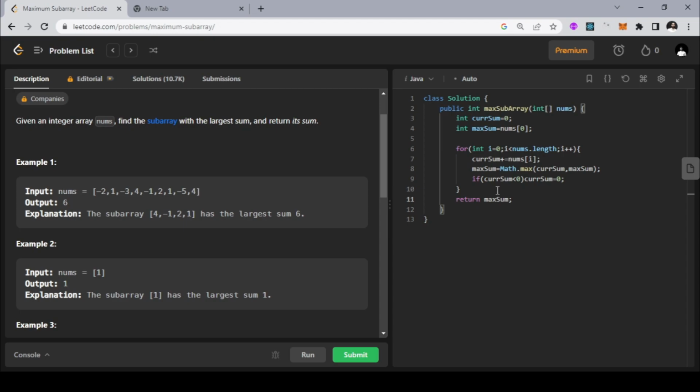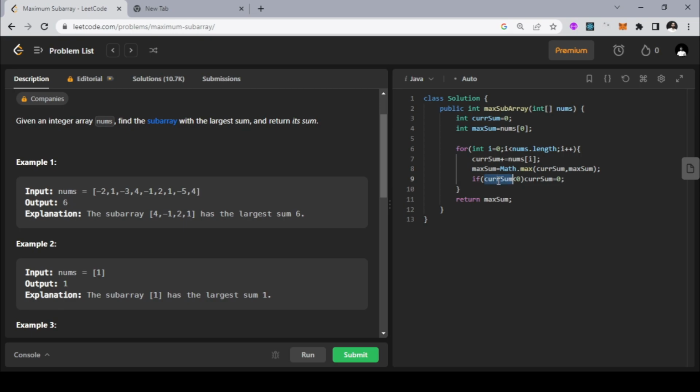Okay, so this is the thing. I just want to repeat once again about Kadane's algorithm. Kadane's algorithm says that we just need to travel through the array, and we need to have a variable, whatever you want to call it. For me, it's currentSum. Every time I'm just adding the current value to this current sum, and I'm checking if this current sum is greater than the maximum sum or not. If it is, then I'm going to assign it to the maximum sum. And every time we also need to check if the current sum is less than 0,